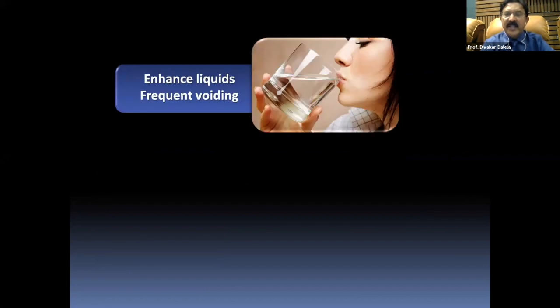What would be the best way to eliminate bacteria which have gone inside the urinary bladder? Enhance outward clearance. You must take plenty of liquids. That's the best way to throw the bacteria out. If you take about 3 liters of fluid well distributed in 24 hours, and you must involve yourself in proper emptying of the urinary bladder. Empty the urinary bladder timely and frequently so that bacteria do not get time to multiply.